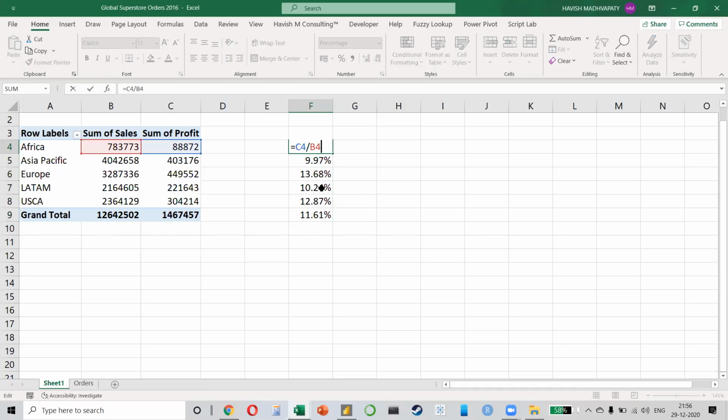You will divide the total profit earned in Africa by the total sales in Africa, right? You will not go at a transaction level. You will look at the aggregate profit and the aggregate sales. Just remember this number, 11.61. Now, the problem is that in Excel, when I don't have this result, I can just go to another column and write a formula, right? It's very simple, and we don't even think about it. We have been doing this forever.